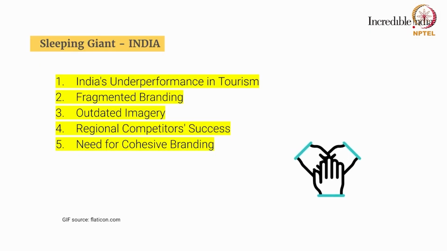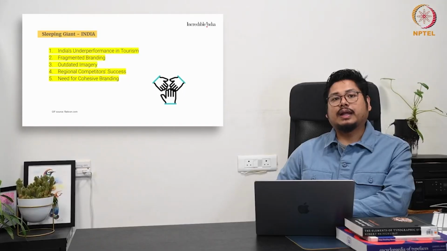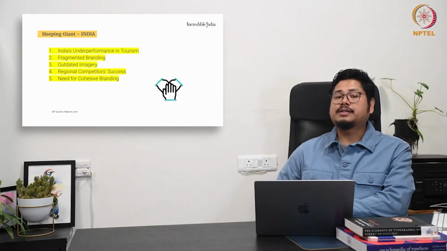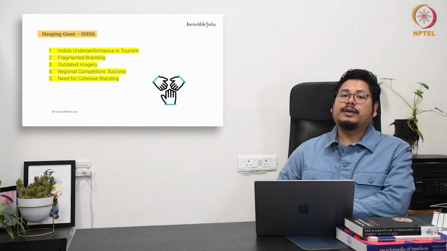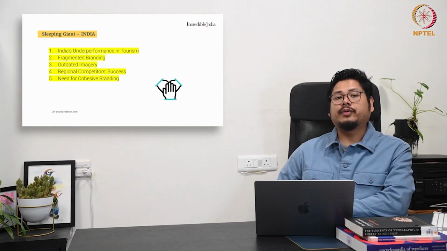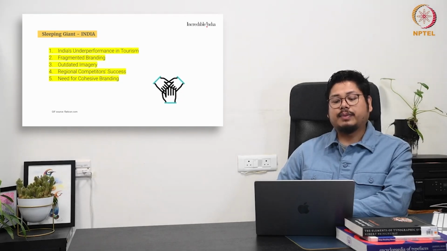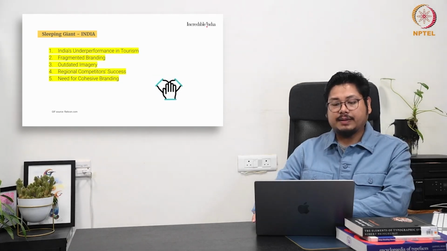So finally, this is where they all felt there was a need for cohesive branding: the image, the personality, which we have discussed, the tone, the voice of the brand. How do you address it? This kind of appeal had not been addressed, and this is the first time the idea of India being projected to the Western world in a very contemporary way was thought about. The need for cohesive branding was observed in a very strong way. To do that, they started with the brand name Incredible India.